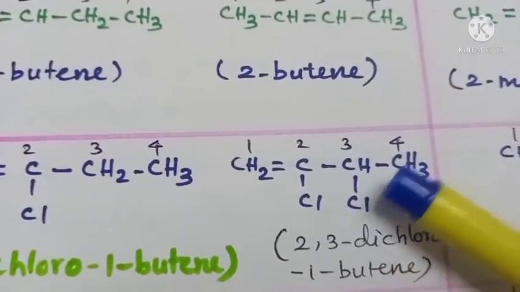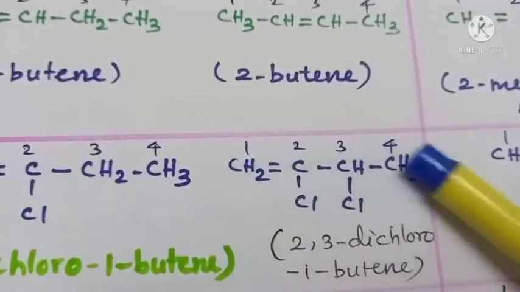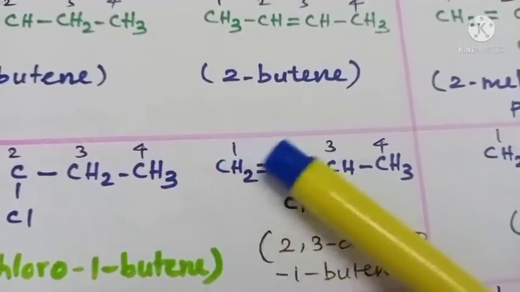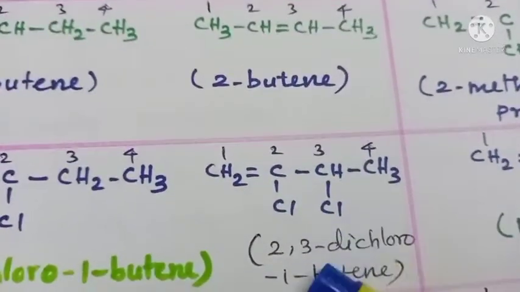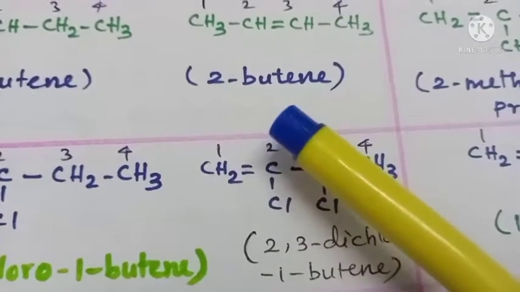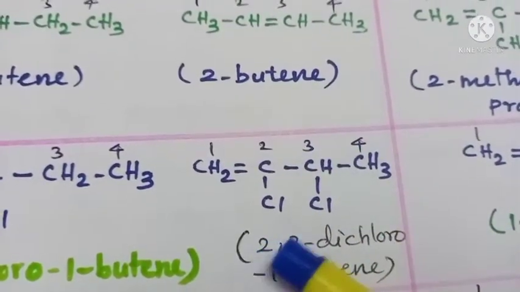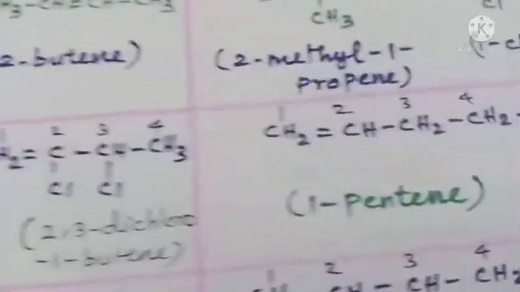Look at next one. There are 2 chlorine in the branches, isn't it? So now look at the parental carbon chain. 4 carbon double bond, so butene, double bond at first carbon, so 1 butene. Now these two are substituents. So dichloro 1 butene. Chlorine atoms are at second carbon, one at second, another one at third carbon, isn't it? So 2, 3 dichloro 1 butene is the IUPAC name for this one.